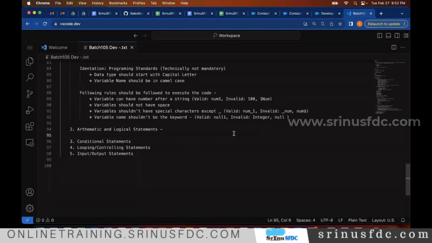Okay. So now these arithmetic statements. Mainly we use these to perform calculations, comparisons, and those kinds of things. As part of this, we have different types of operators. I'll be explaining each and every type. The first one I want to explain is